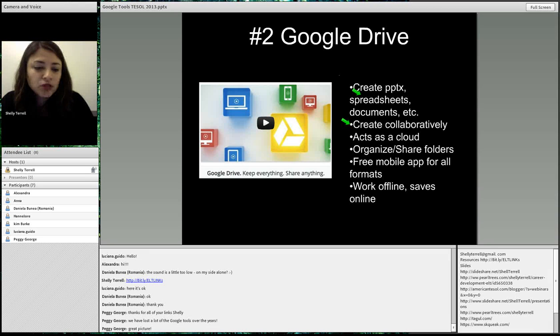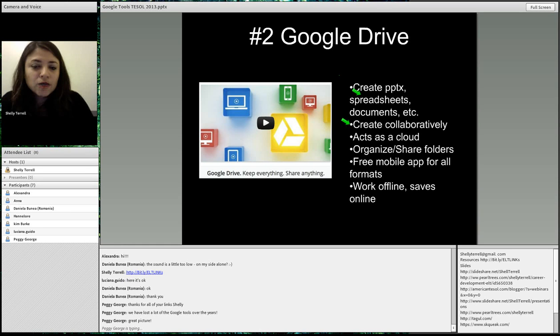One of the best things I love about Google Drive, I travel a lot. I've been to 26 countries now. And I'm in the UK, and last week I came to you from, I think, Croatia, and the week before from Slovenia. So I'm always traveling. And so one of the great things about Google Drive is when I'm in an airplane, which sometimes I'm in an airplane for 13 hours, I can work offline.